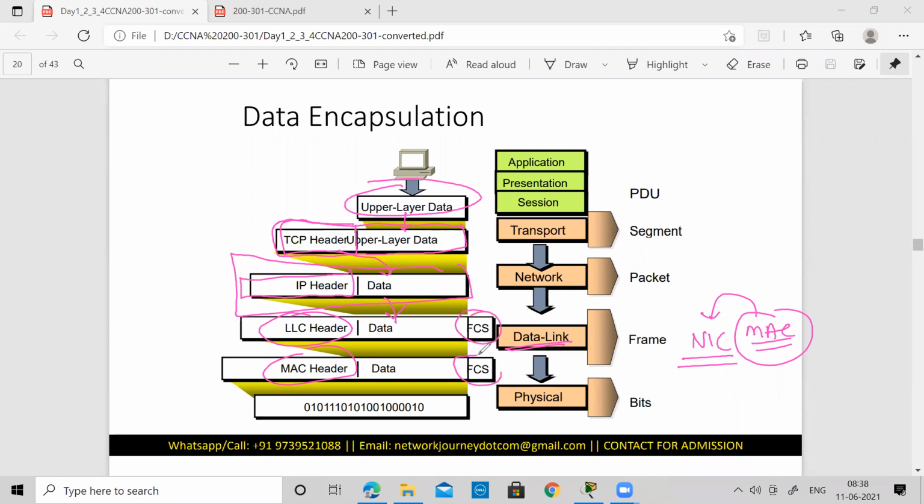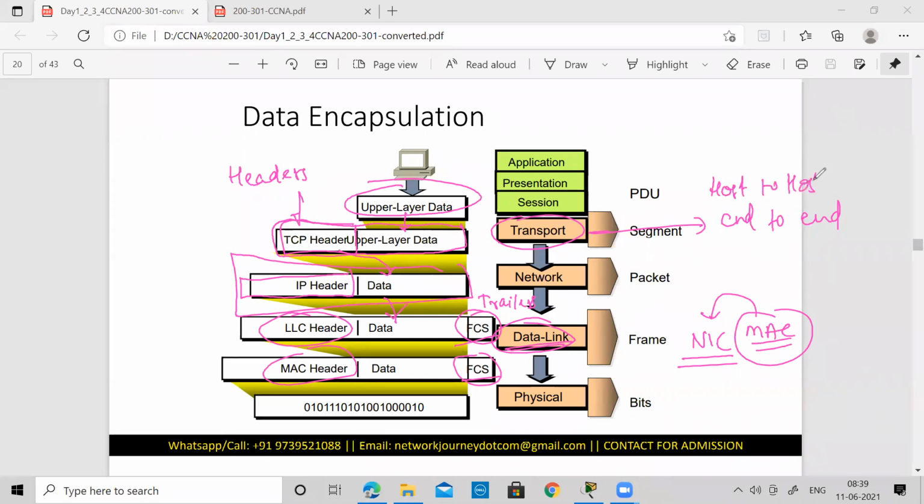And you see something more, which is the FCS, also known as the frame check sequence. Whatever we see at the start of the data is known as headers, and whatever we see at the end of the data is known as trailers. So the trailer is nothing but the frame check sequence. As I mentioned, error detection happens in the transport layer as well as in the data link layer. But the difference is that in the transport layer, error detection is end to end, that means from host to host. Instead of end to end, I would better use the term host to host.